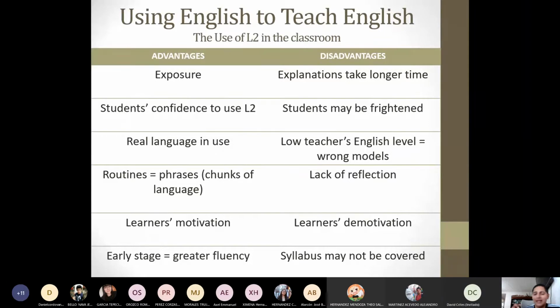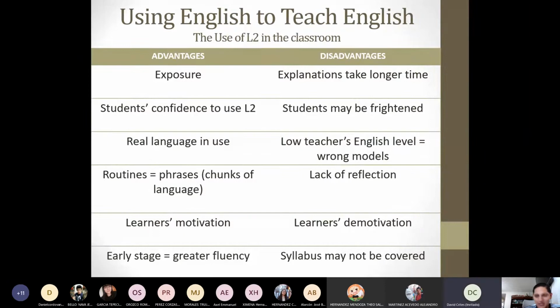Okay, so that is one of the external factors that could be affecting teaching and learning processes. Remember that teaching needs to take into consideration internal and external factors. One of the most important external factors for your teaching is going to be the fact that it's a job. And although you have this vocation for teaching, some of you want to become teachers, some of you want to become translators or interpreters or researchers or writers, right? But you need to cover expectations. You need to cover certain units in the teaching program,